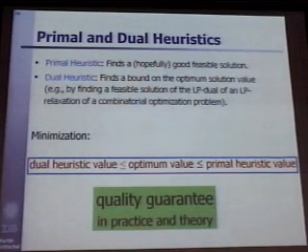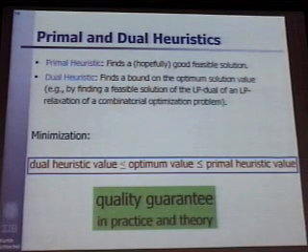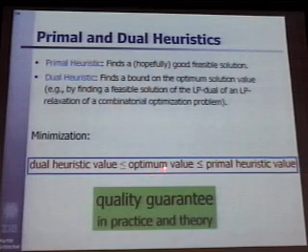Quality guarantees are the subject of a lot of research in theory, but in practice, you would like to have clear numbers. My solution is only 5% away from the optimum. What that means is you have a lower bound and an upper bound, and the relative difference is 5%. The optimum is in between. You say that's fine, depending on my data. But if 5% is $10 million, then you would like to keep on working, okay? But if it's only peanuts, you just finish and say it's over. And the problems are of different type.